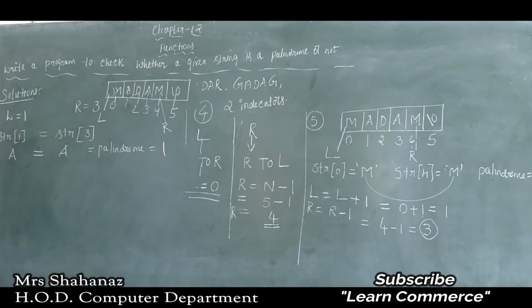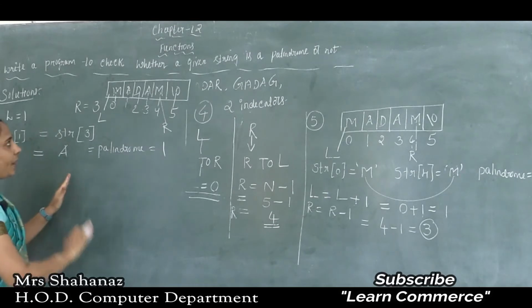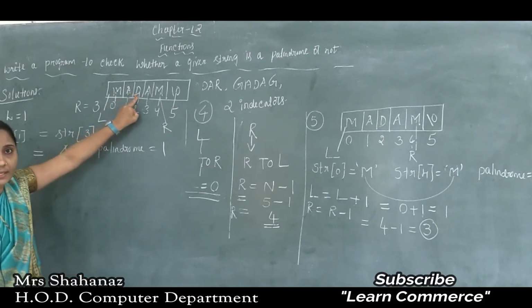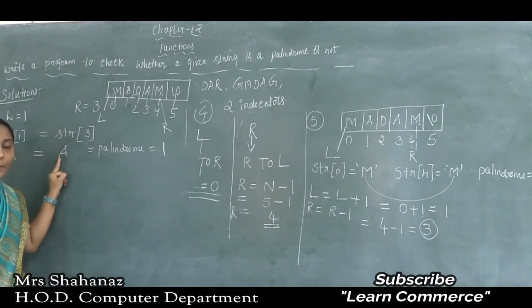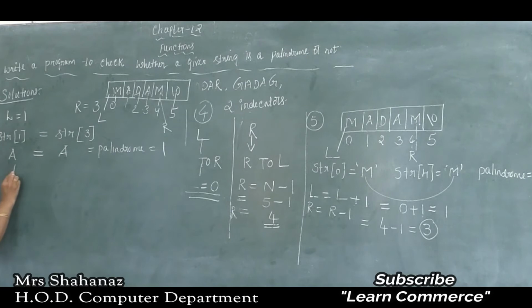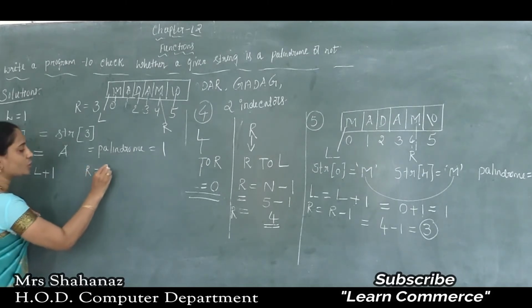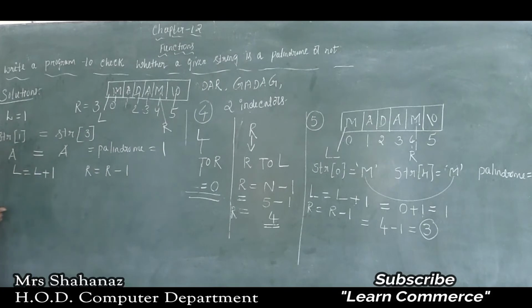The palindrome is equal to 1 here, and next, after comparing, one more character is there that we need to compare later, to say whether it is a palindrome word or not a palindrome word. And before going to compare, we know that the left indicator is incremented by 1, that is L is equal to L plus 1 here, and the right indicator is decremented by 1, that is R is equal to R minus 1, okay?